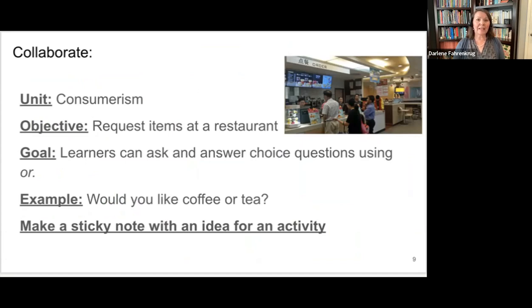So I would like for you to make a sticky note with an idea for an activity. We have in this pretend class already elicited their favorite restaurants. We watched a video of somebody placing an order at a restaurant. We've put a simple conversation into order and noticed its grammar. So now we want to find a way to get our class to keep practicing, to keep activating this vocabulary